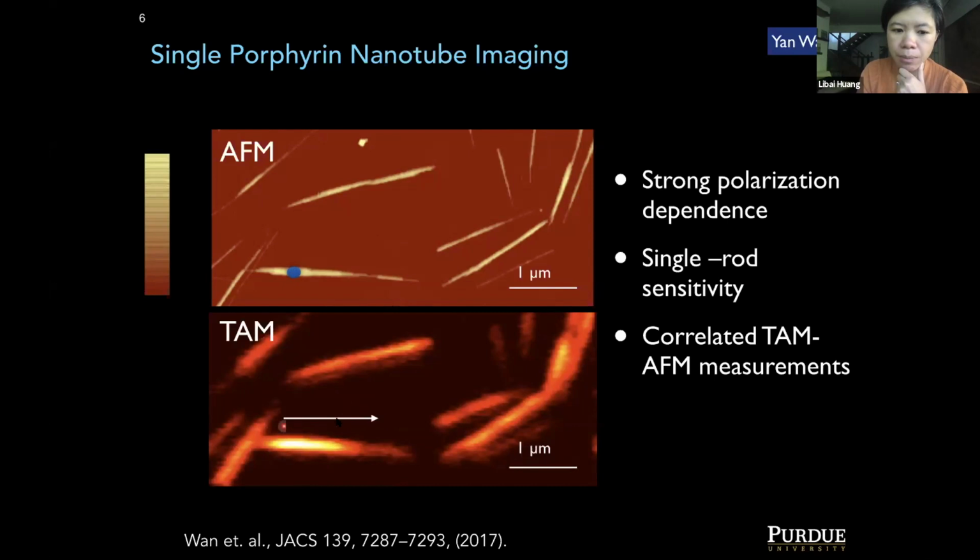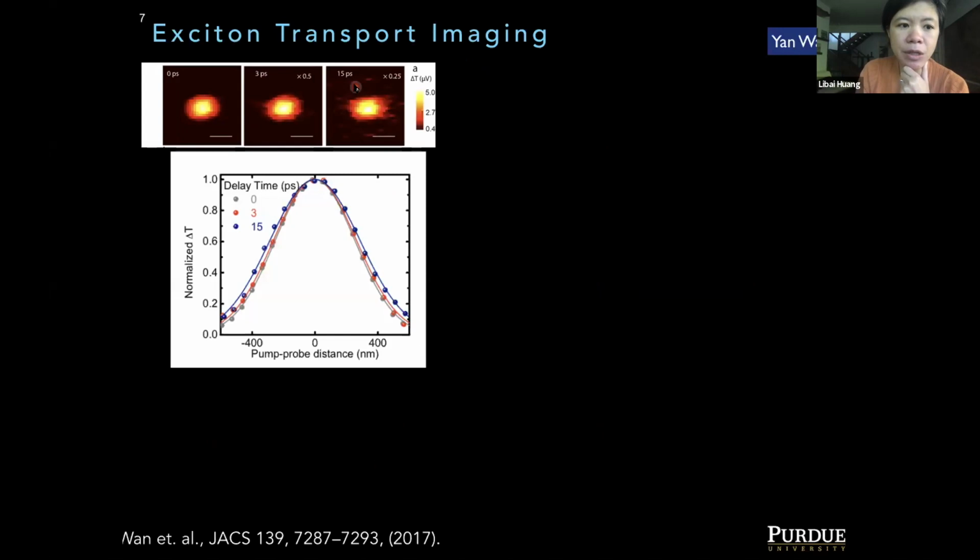The probe polarization is aligned to the long axis of this porphyrin aggregate. Then we can get images by scanning the probe relative to the pump and taking this image at different times, and you can then get images as shown here. So in this porphyrin aggregate, the